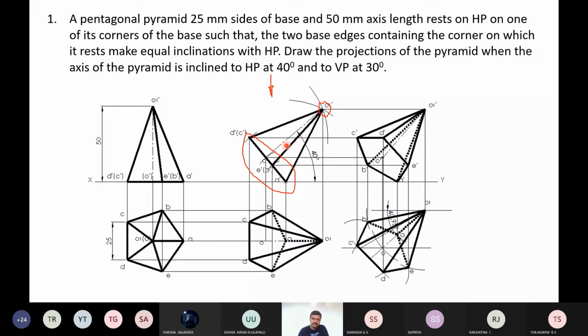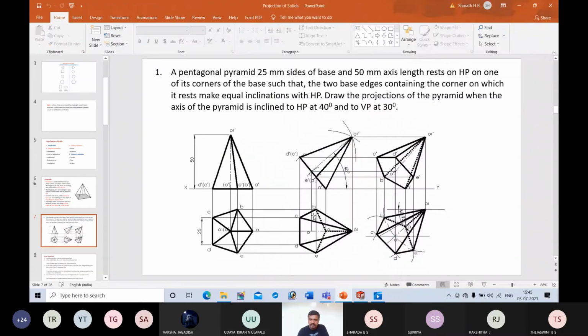How do you come to know whether these base edges are visible or not? You should visualize it, or else there is a procedure. There is a set of points, and by following those you can also represent it properly. The actual thing is, if you look from top, if the apex is nearer and the base is far, the base becomes invisible, and depending on the orientation, a few slant edges also will become invisible. If we cannot visualize which are the visible and invisible edges, we can follow the rules of visibility and get it right.